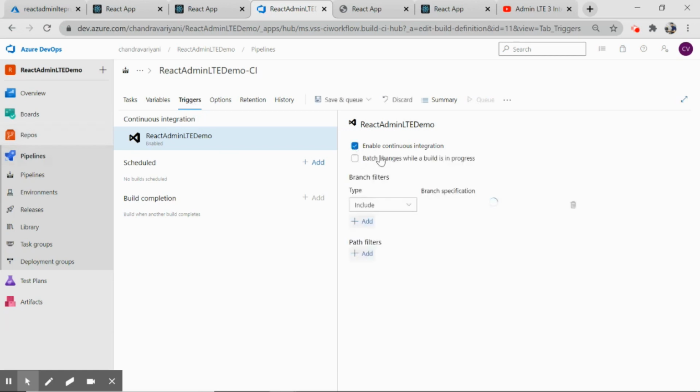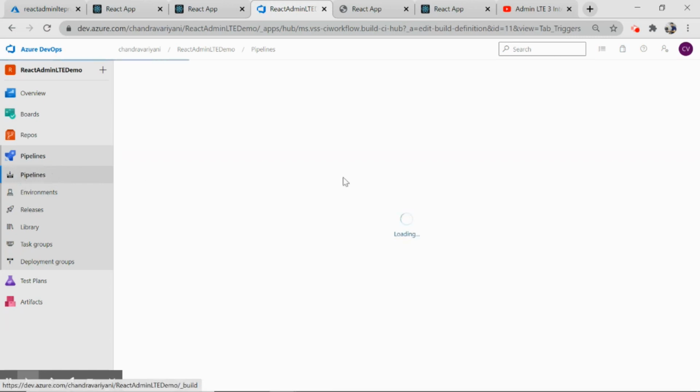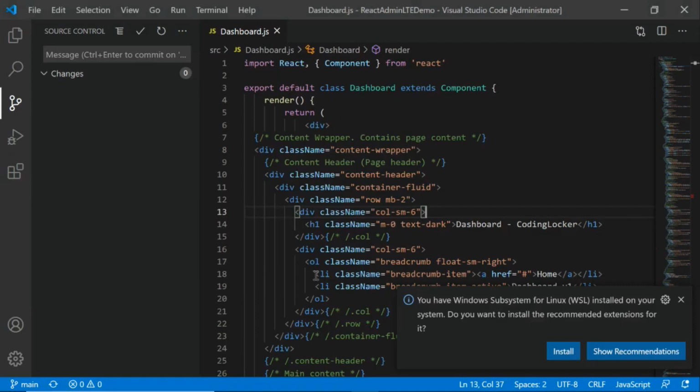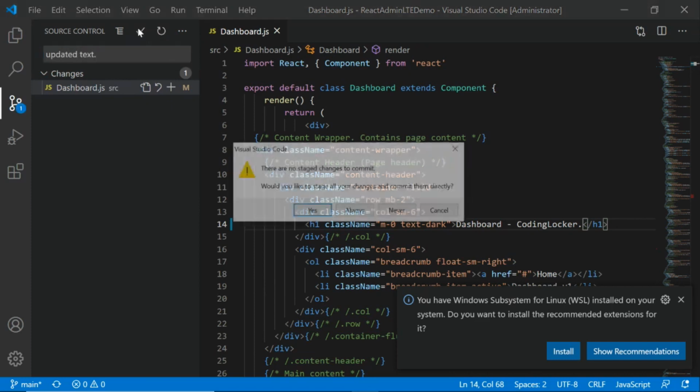So click on this enable continuous integration, specify the branch. Now click on this save. Right, perfect. Okay, now it is saved. Go to your pipeline once again, and to demo, now I again have to make some more change. Maybe let me add this dot here. Updated text. Let me push one more time.